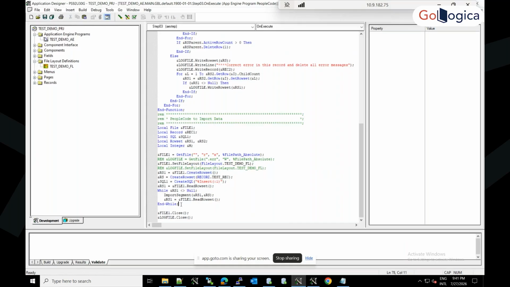The while loop will go one by one row. It will fetch and read by using read row set. All data will be assigned to the read row set. Finally, it will be inserted into this test record by